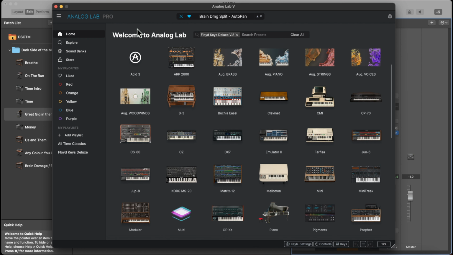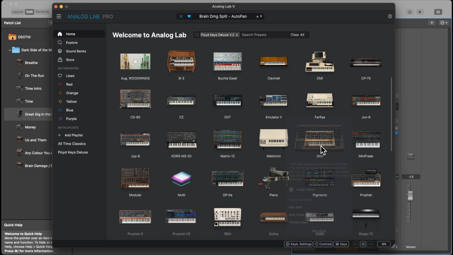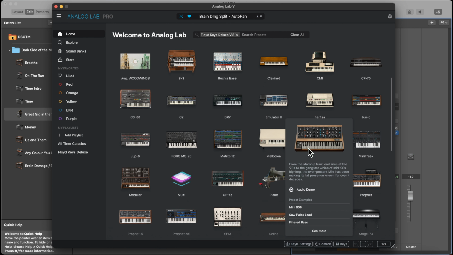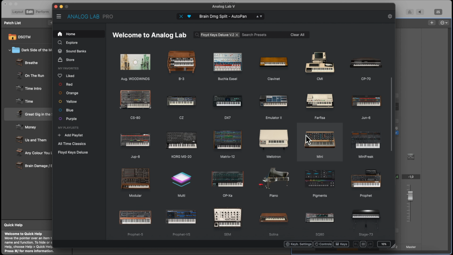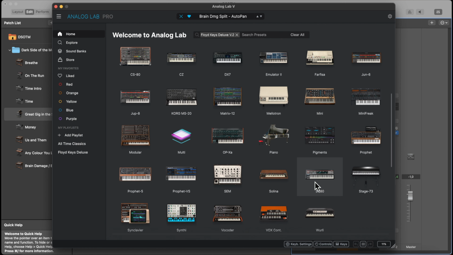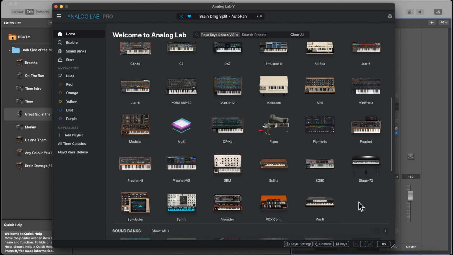And let's say you want to buy a real Mini Moog, you're gonna spend $5,000. Let's say you're gonna buy a Behringer Moog, you're gonna spend, I don't know, $2,000. But you can get all of these instruments in software version for $600, I believe. So yeah,